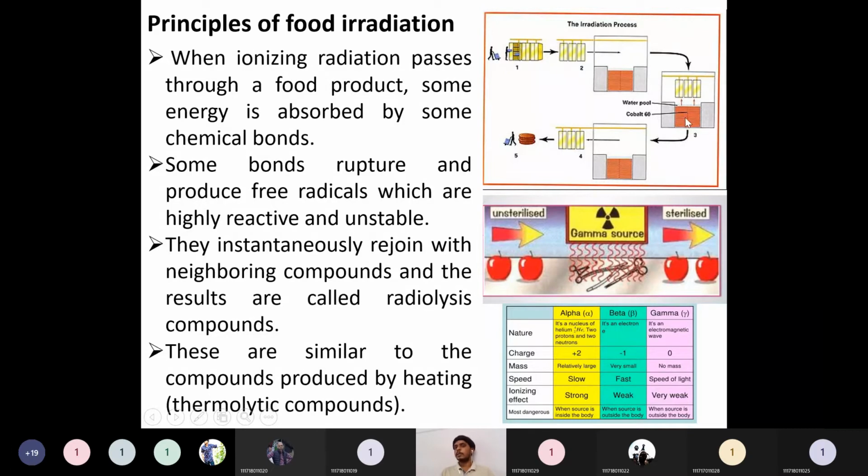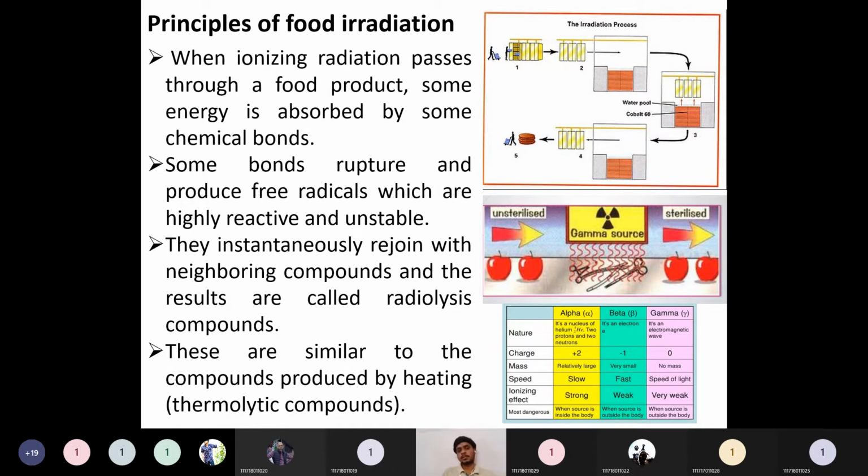Then from this box, the irradiation from the cobalt 60, the alpha gamma radiation which is coming due to this cobalt 60 source, is just acting upon this. So gamma rays will have a large penetration capability. So these are penetrating inside, and once again in the final state, the blocks in which the food is there will be removed, and this food is getting packed and sent to the package state.